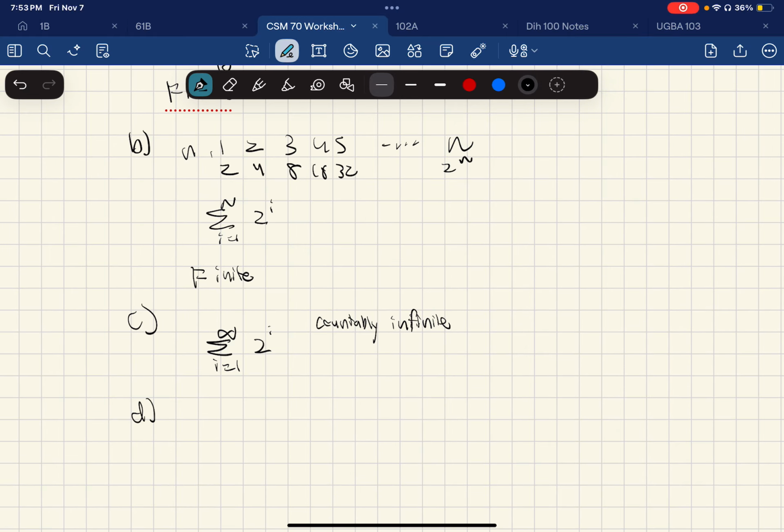On to D, all infinite bit strings. Now this one's a little bit tricky, but we're going to make a bijection here. All infinite bit strings are some string of ones or zeros. What we're going to do is make a bijection of all infinite bit strings to the reals, and here's how. All these bit strings are strings of ones and zeros. If we were to arbitrarily put a 0 at the front here,